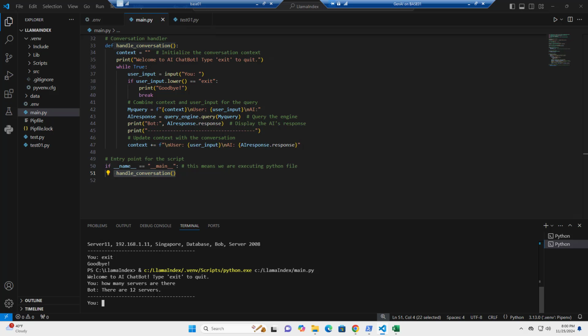There are 12 servers. You can use this technique to query your PDF file and